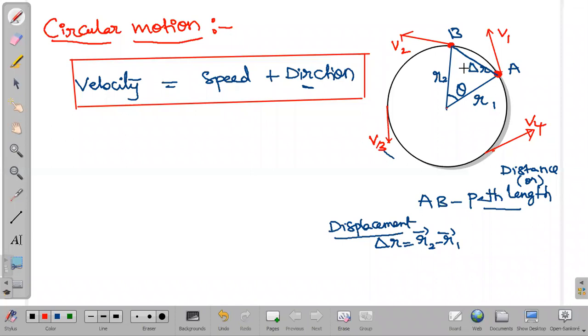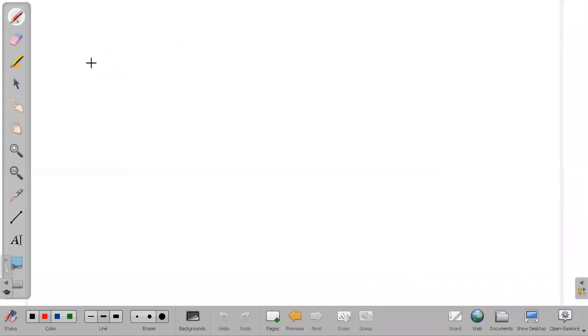Now we will try to find out this distance part and the displacement part here, right? Now, if we go with the distance and displacement part, how to find the magnitude of this displacement, that we will see now. We are going with the displacement of the particle which is in circular motion. If I go with the displacement of that, the same diagram I can take.